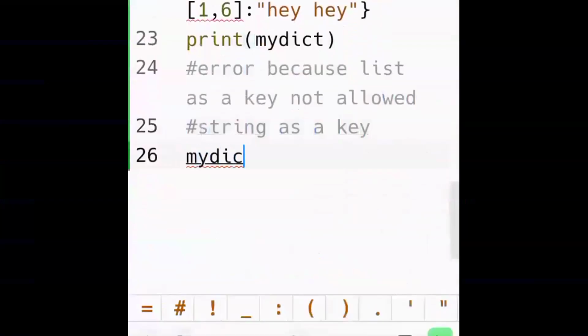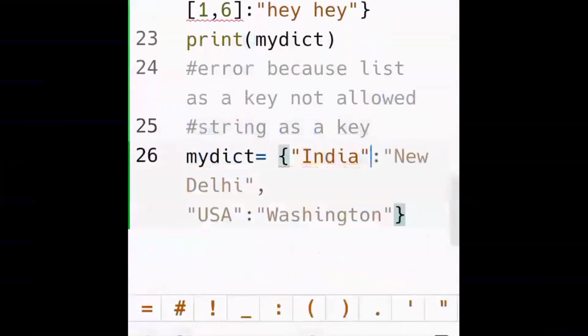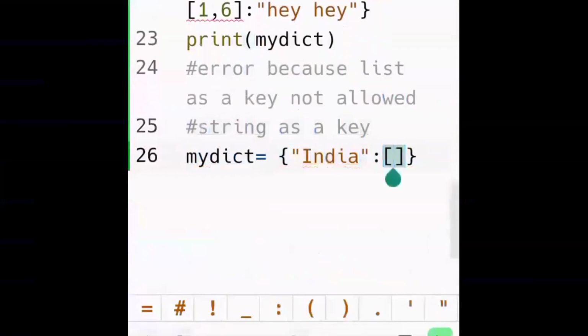Okay. Consider another scenario where the string is a key here. So, for example, let's write the dictionary format first, curly braces, and then inside that the key value pair, my dictionary or my dict. Okay. String as a key. I'm going to write a string here, like I call it India, country, and then key. So the key is India, which is a country, and then the value, I want to write the city in the country. Yeah, so let's say Mumbai.